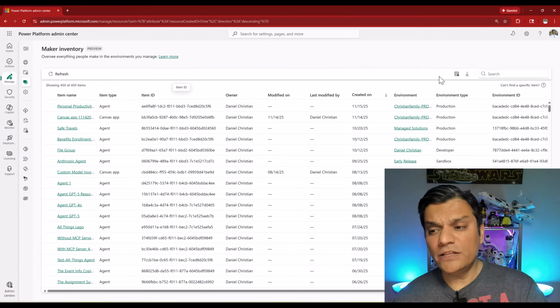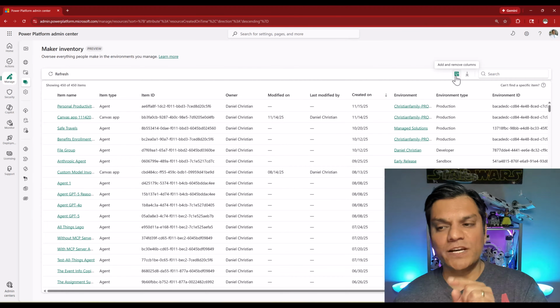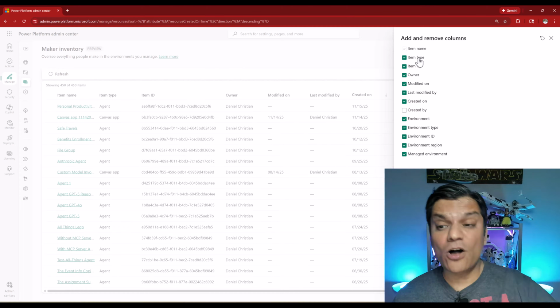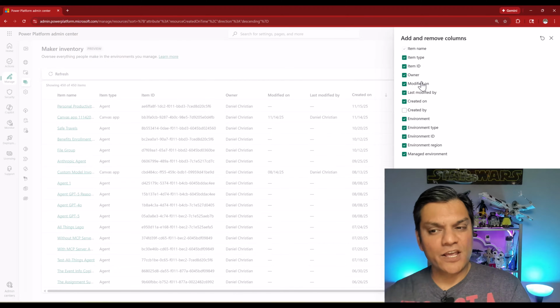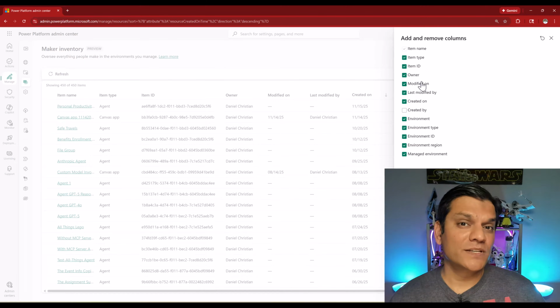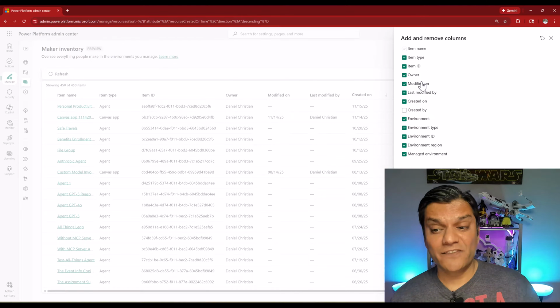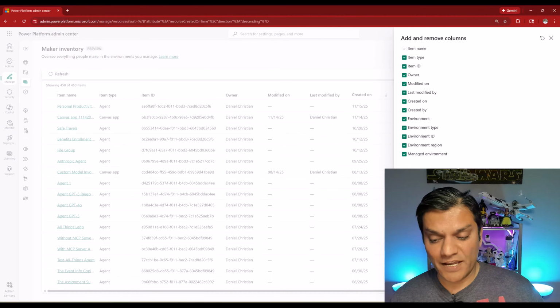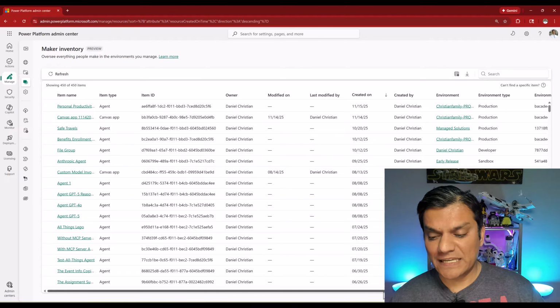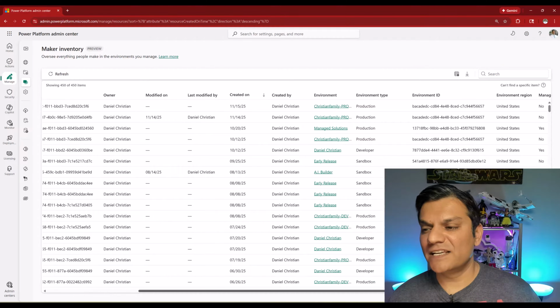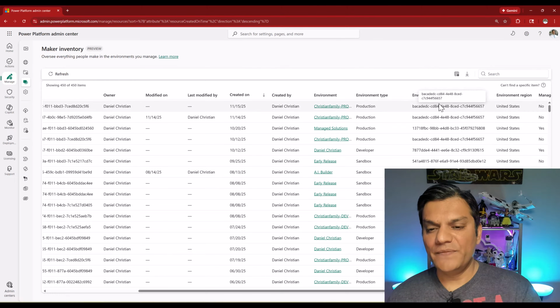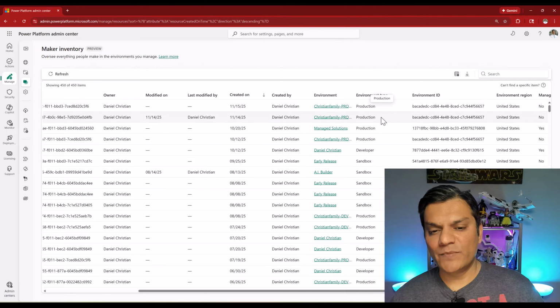On the right side, I'm seeing this option over here for add and remove columns. So when I click on it, I can see that I have all of these other functionalities. If this is the first time that you're coming in and you don't have all of these column options lit up, you can do that. In fact, for some reason, I do not have the created by, so I'm going to turn that on. And if I click on save, you will see that now when I scroll to the right, I have all of this other information, such as the region where it is located, the environment ID, the environment type, and